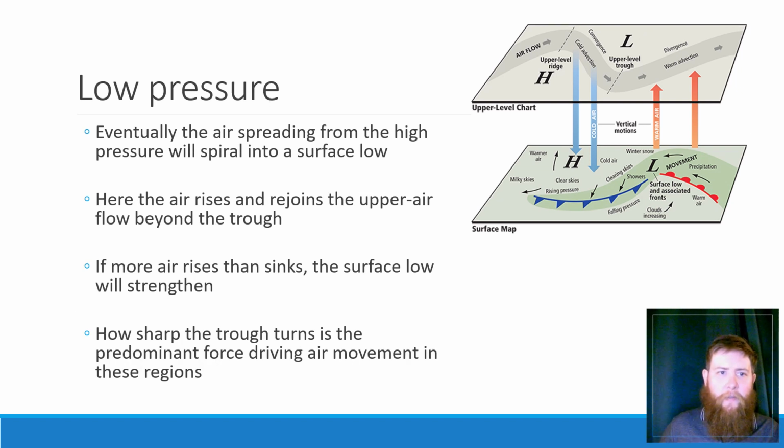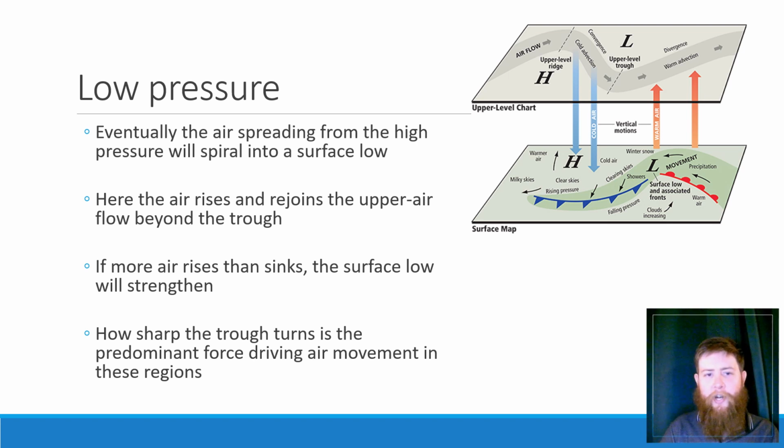On the other hand, the air that is coming from the high pressure is going to move into what we call a surface low. So in this picture here, this cold air is moving into this low here. The low pressure is trying to spiral back out and go back up to the upper atmosphere. Remember that low pressure means hot, humid air. If more air is rising, this surface low gets even lower. And remember that whenever we have this difference in pressure, the high pressure wants to flow into the low pressure. The more difference in pressure, the faster the winds will be.